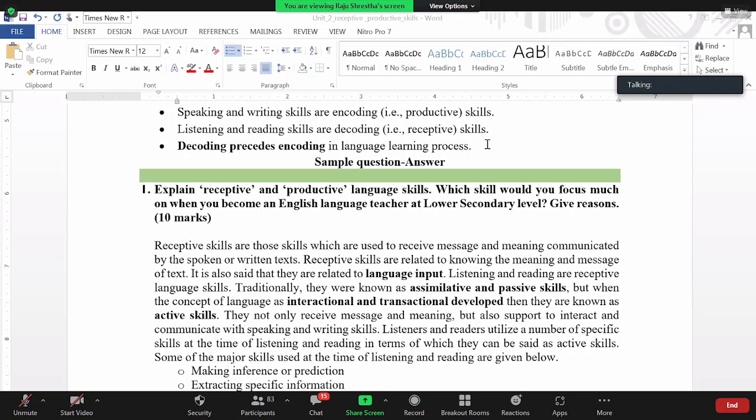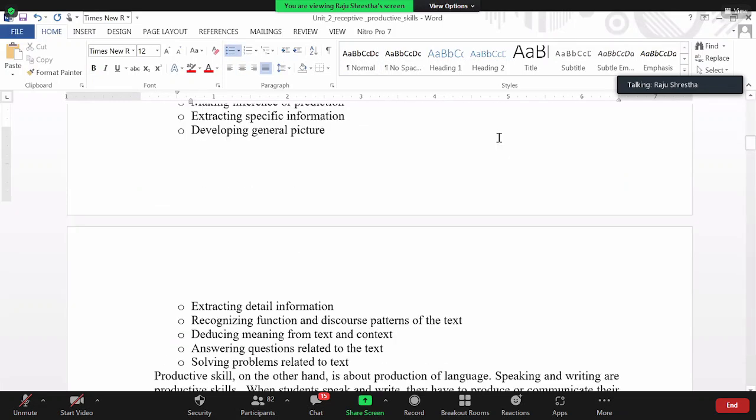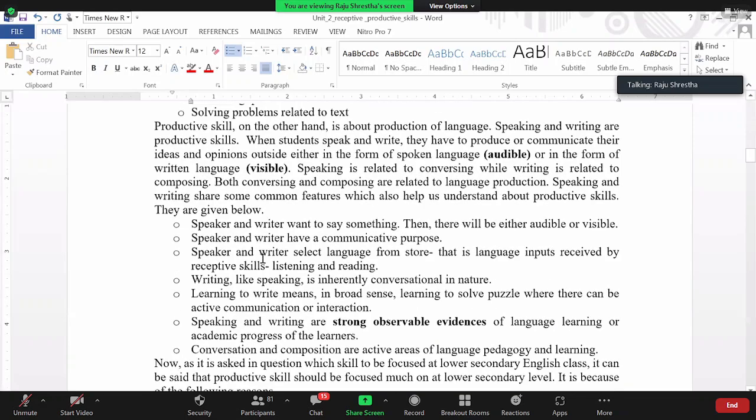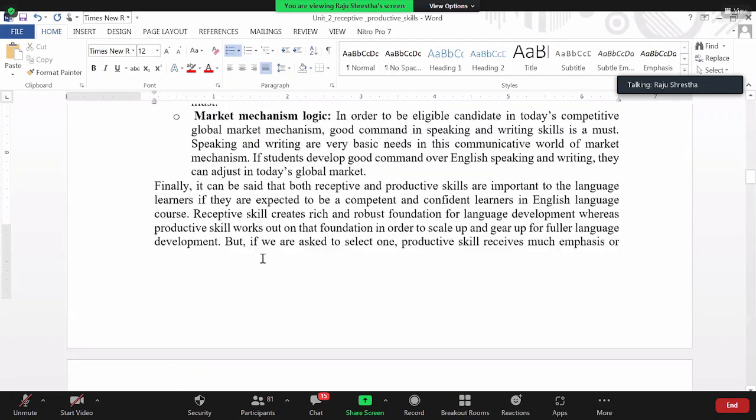What is the level of? Okay, तपाईहरुको क्वेशन खासै रहन्छ। सो यसरी जानु पर्ला रिसेप्टिभ र प्रोडक्टिभ। अब then we go to the what